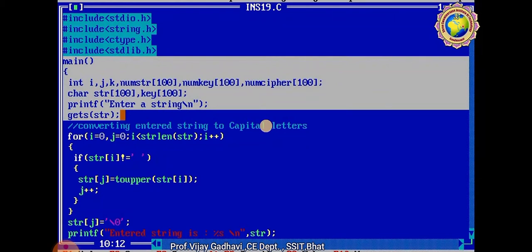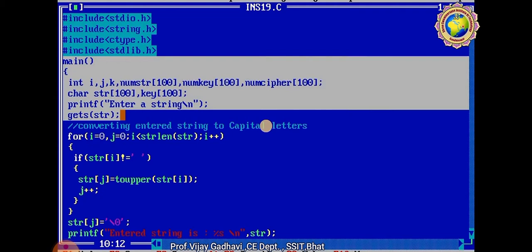Same for decryption. The main function is int. You can see the data type char, then print the value of string, and gets, get string under bracket str. str is used for string. You can get a string value when we fetch it by using the scanf function, and you need to print the message under double quotes, enter a string, \n for a new line.